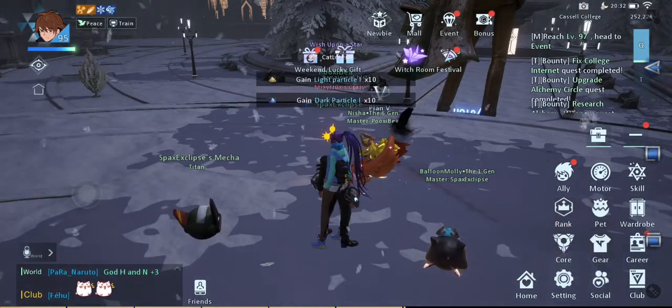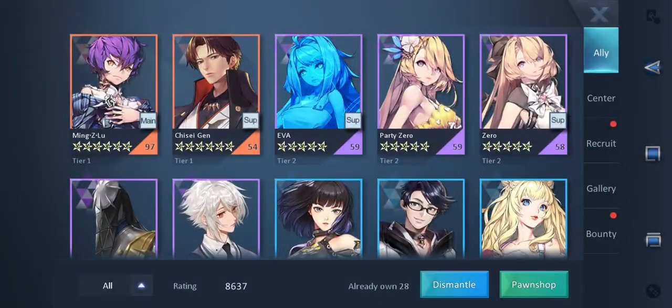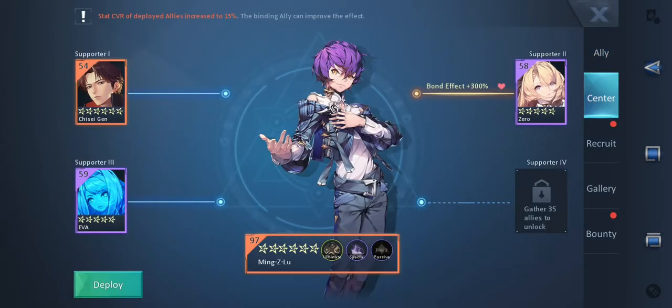And then you go to your allies. This is how I have put my allies. I put Ming Si Lu on the first, on the center, because you're gonna need him. He's kind of really OP. And then on the support one you get Shisei Jin. If I pronounce him right, you put him on the support one. Why I have 0, that everybody's been asking me, why do you have 0 as a second supporter? Because the bond effect is plus 300%, which means I can go higher with her and get it up to maybe 600 or 900 on the bond effect,